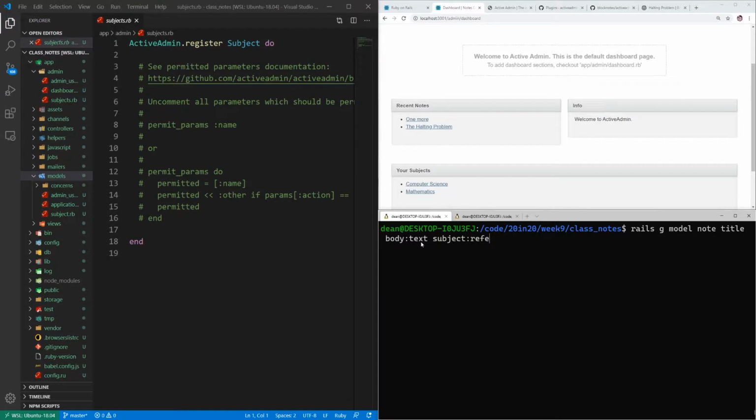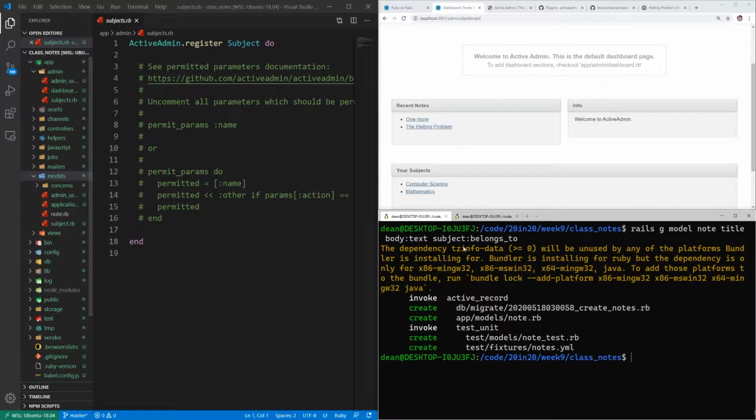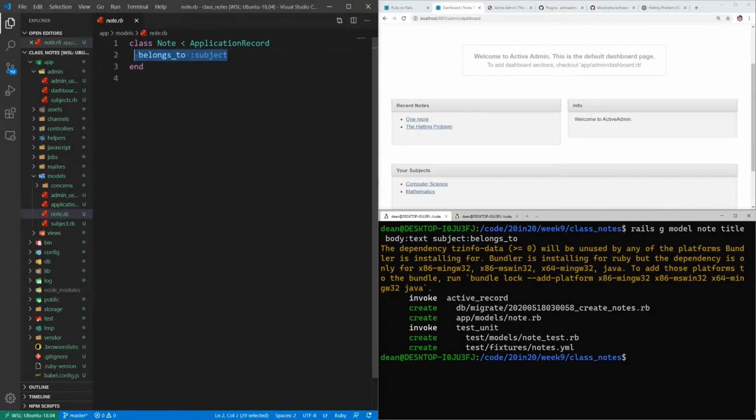references. Or you could even, I think, do a belongs_to here, and it would set this up. So let's try subject:belongs_to and see if this works. So my understanding is that :references just adds the migration, and belongs_to, if we come into models and note, it sets up the relationship for us. So we have that in our note, but inside of our subject we still need to say this has_many